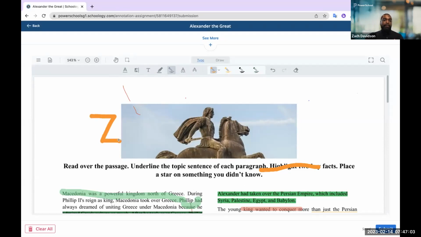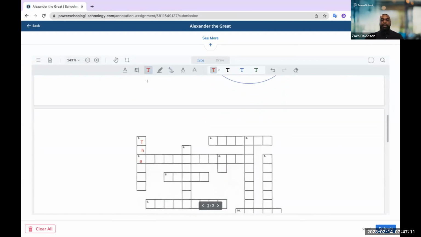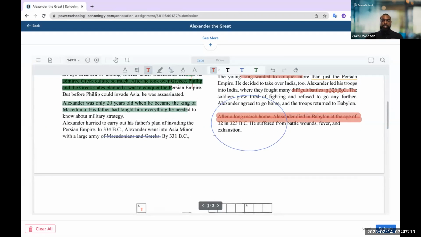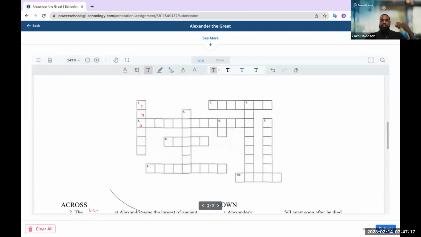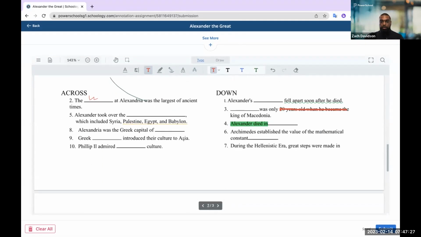So I can write my name out, I can type my name out and use a text editor as well for free text, as you can see. And as I just scroll through here, notice that we can think about incorporating shapes, increasing and decreasing them. Even this crossword puzzle can be applied here so that the student can leverage all of the annotation tools to annotate directly on a PDF document that the teacher has uploaded for student work.